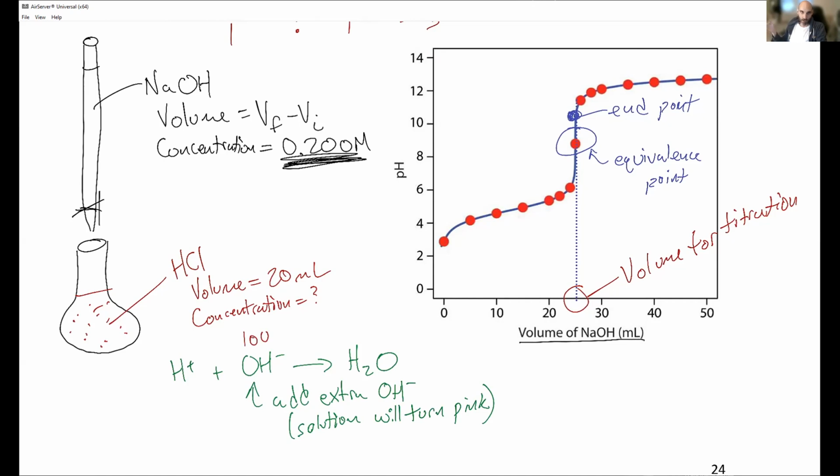It doesn't matter. It can talk about molecules, whatever, moles, but let's just say it's 100. Let's say that we actually figured out that once I add enough base, I end up with 1.2 moles of base molecule, and then it turns pink. Well, we could infer that because I used 1.2 moles of base molecules, because it's a 1-to-1 ratio, I would also have 1.2 moles of acid molecules. So that's how I would find this concentration, through my standardized base, or my known quantity. Okay, again, because that is known,